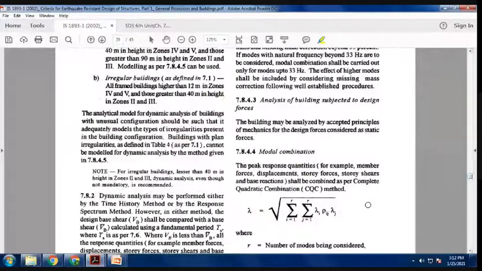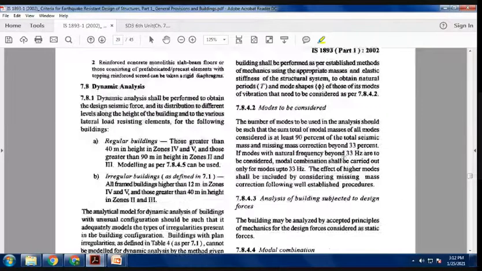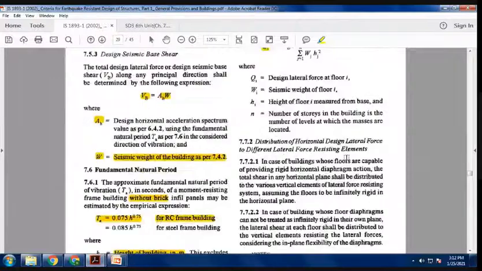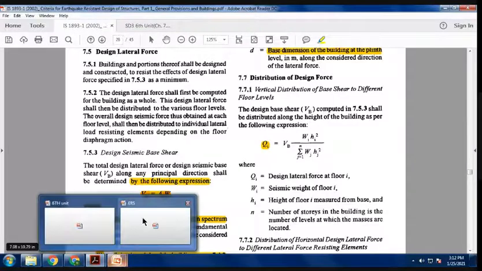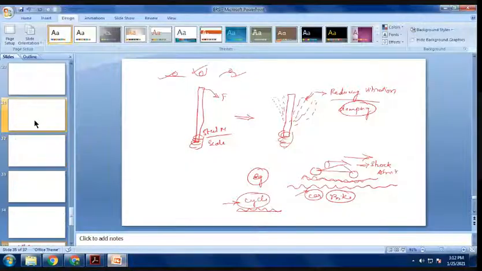Just remember, each and everything is given in the code book. One should have a good habit of getting the values very quickly from the code book instead of searching, and it will be possible when you solve n number of problems. So I hope you have got at least a few percent of how to look up the code books.